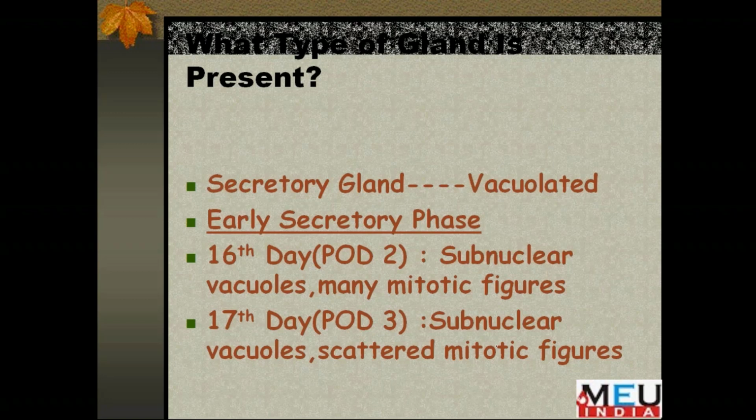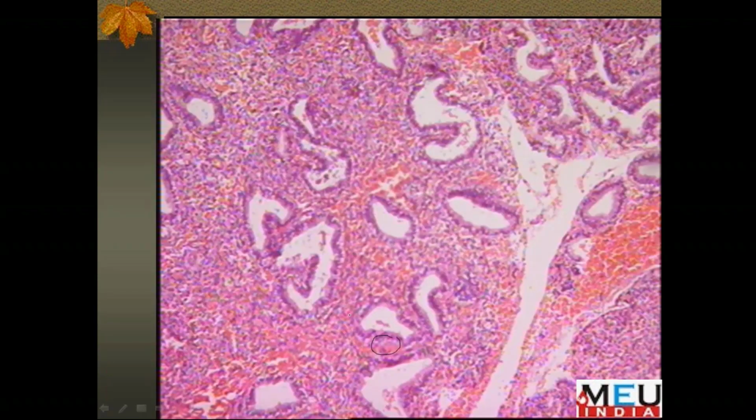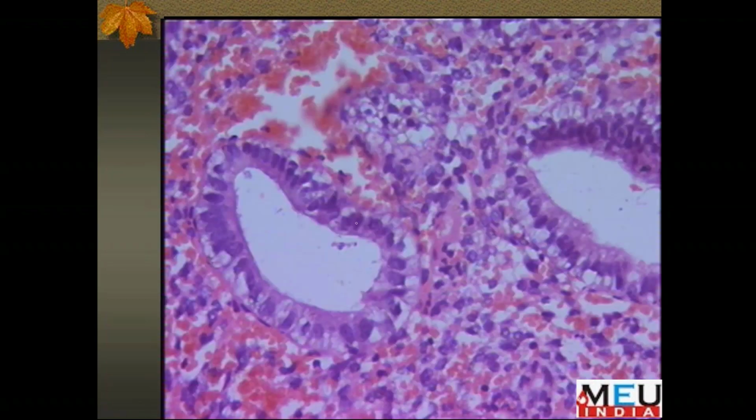In this slide, they are still at the bottom of the nuclei, but they will move upwards. There is marked tortuosity, and around the 18th day, or 4th post-ovulatory day, these vacuoles become supranuclear, and the mitotic figures start decreasing. So if we see here, the vacuoles have started becoming supranuclear. See here, from subnuclear they become supranuclear, and they also start shedding inside the